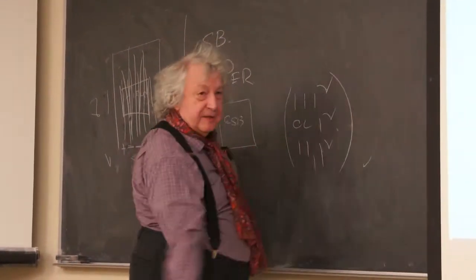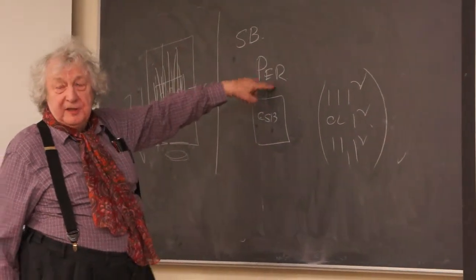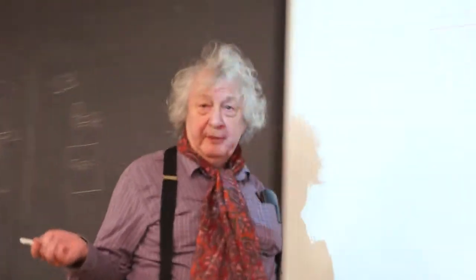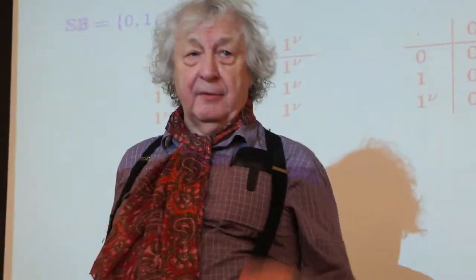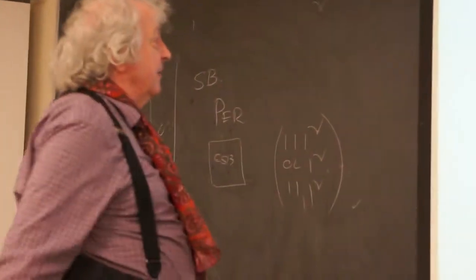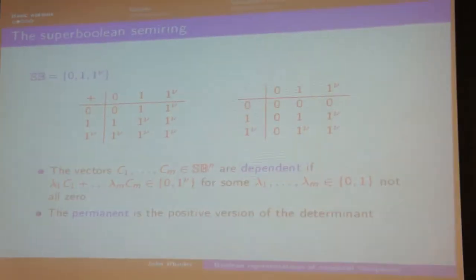So there's the 3 by 3 matrix. You can write down the permanent. The permanent is the determinant formula, but without the sign. Write down the definition. I could write it down. Okay, if you write down the permanent,